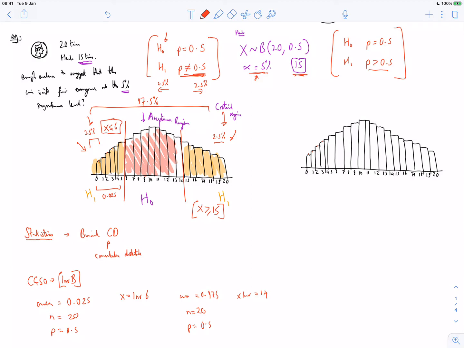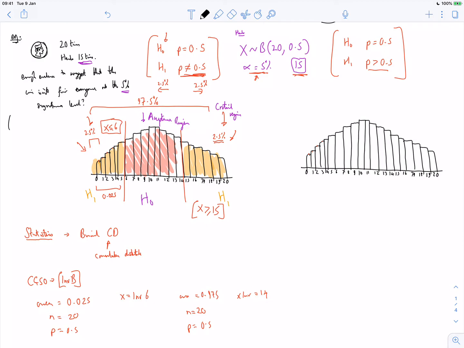Right. Well, there's problems here because this is a discrete distribution. 2.5% isn't going to be exactly between two boundaries. It's going to be to the upper and lower of one, and it depends on the question which one you choose to do. So if I tweak this question so that you,